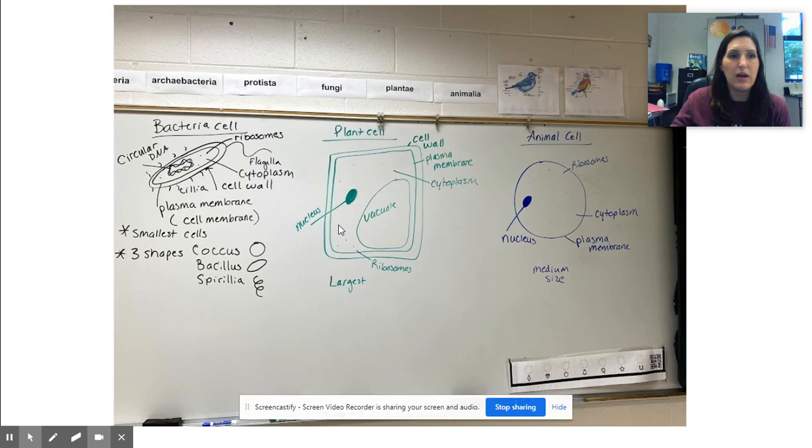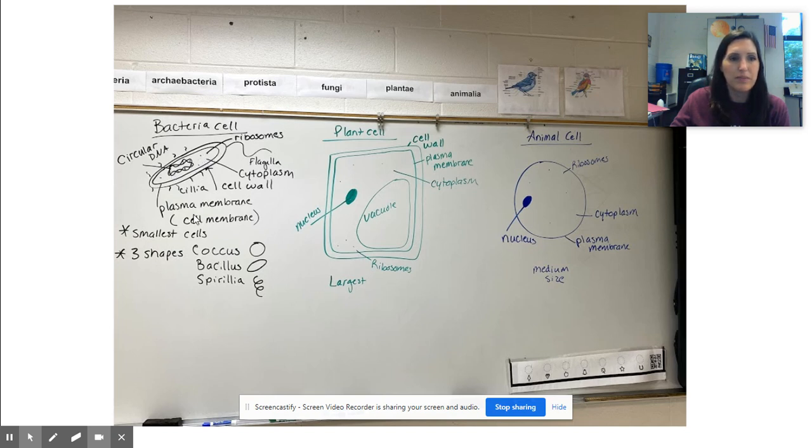So first of all, you see a bacteria cell here, and you know that it's very, very small, and that you have cilia hanging off the outside. You have a cell wall on the outside, and you have a plasma membrane on the inside. Plasma membrane is also called the cell membrane, so you have to memorize both. Coming out the end is flagella that helps it move. On the inside, you have ribosomes, and you can have circular DNA, but you won't see any of the insides